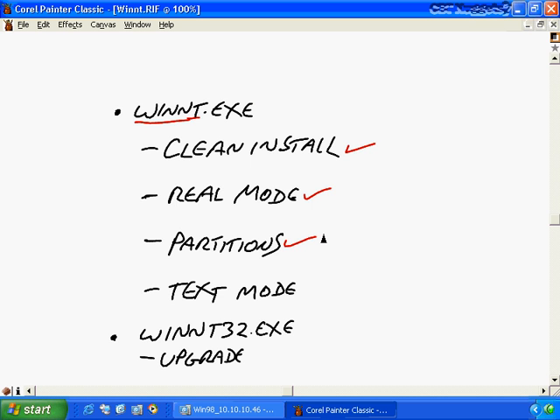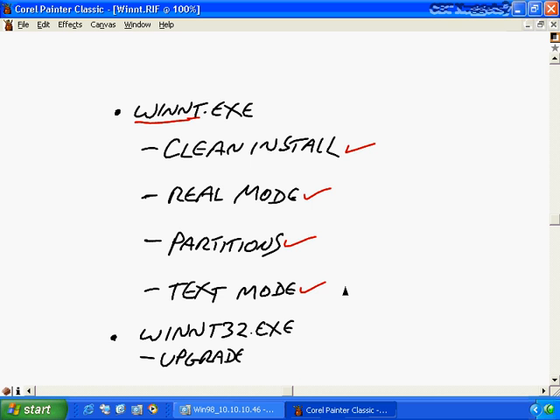And then with winnt.exe, I'll come to a point where I have to decide how many or which partitions I want and where to make the installation go, which partition to put that installation in. This whole thing starts off by going into what we call a text mode, so that it's going to look kind of like a DOS screen. It's actually blue in color for a lot of it. But I'll be in that kind of a mode. I won't have fancy windows and graphics,